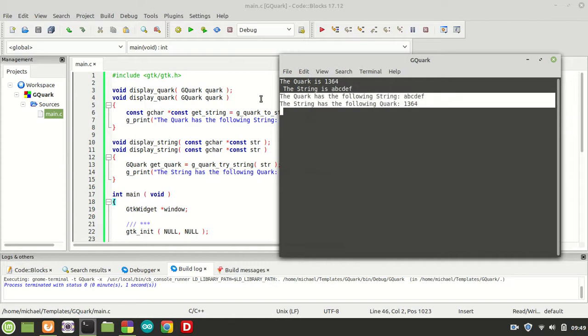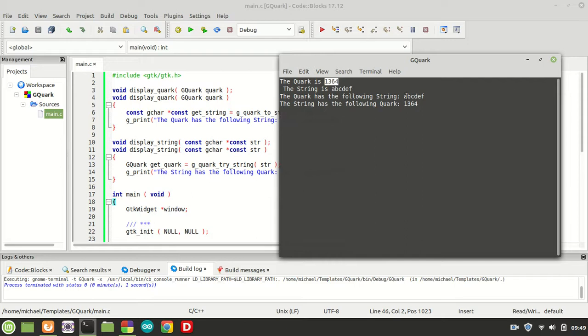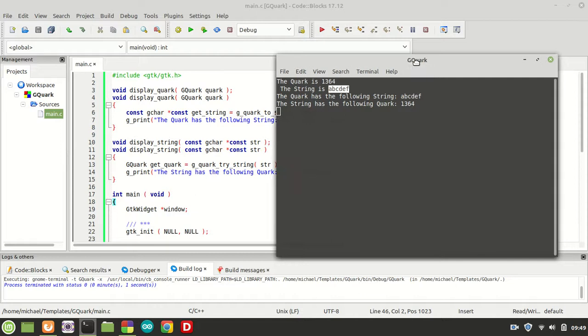Inside those functions we could retrieve information, which means from 1364 we retrieve A, B, C, D, E, F, which corresponds to the string, and in the second function the string has the following quark. We retrieve the quark from the string A, B, C, D, E, F, which was declared inside the main